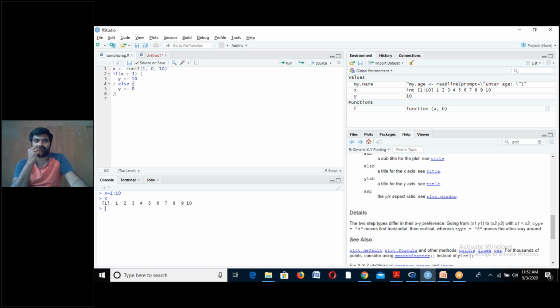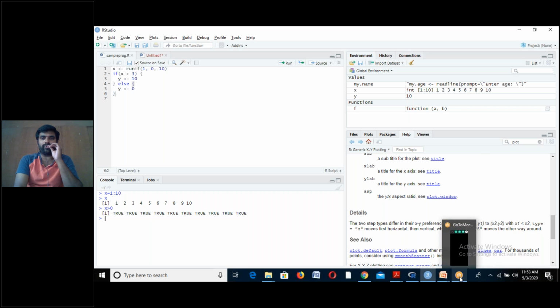Right? And you can compare. For example, if I say x greater than 0, it returns all TRUE logical values. Why? Because all the values assigned to x are positive values only, right? So this is the way to assign. I hope you got the answer.